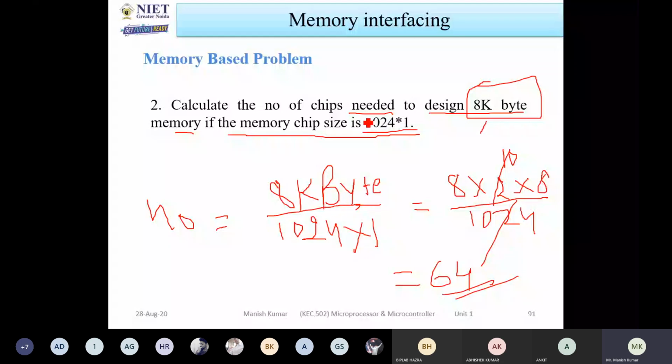So you see that here it is written 1024 into 1. Here in the last it is not written byte or anything else, but it is written in multiplication 1024 into 1. That means it is in bit. It is in the smallest unit. Okay, so that's why you have to convert byte also into bit. But in the previous questions I have not converted byte into bit. Why? Since 1 memory location requires 1 byte data. So if you are converting into bit, then you have to divide by 8. So that's why we are not going to convert it. Okay, so okay, fine.